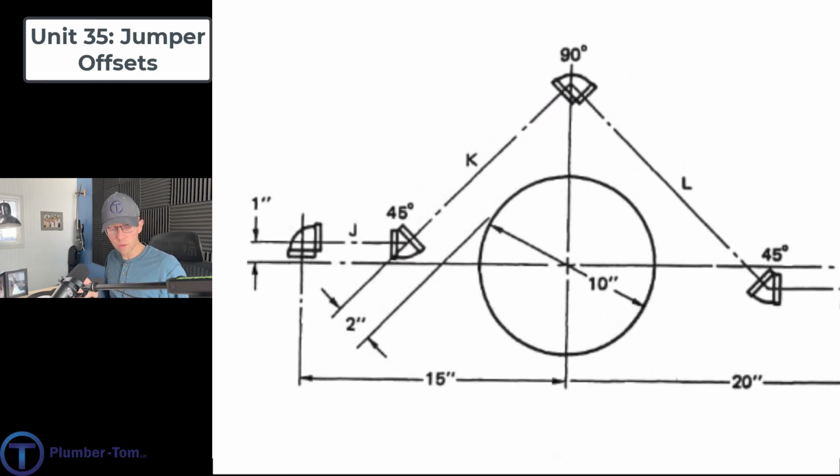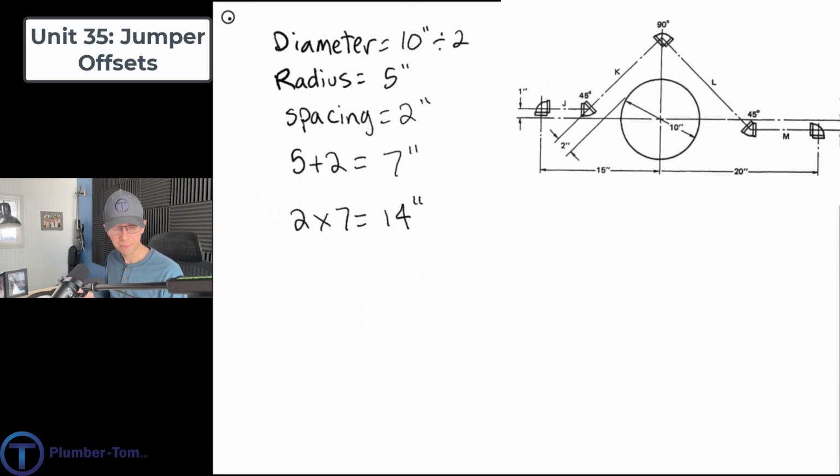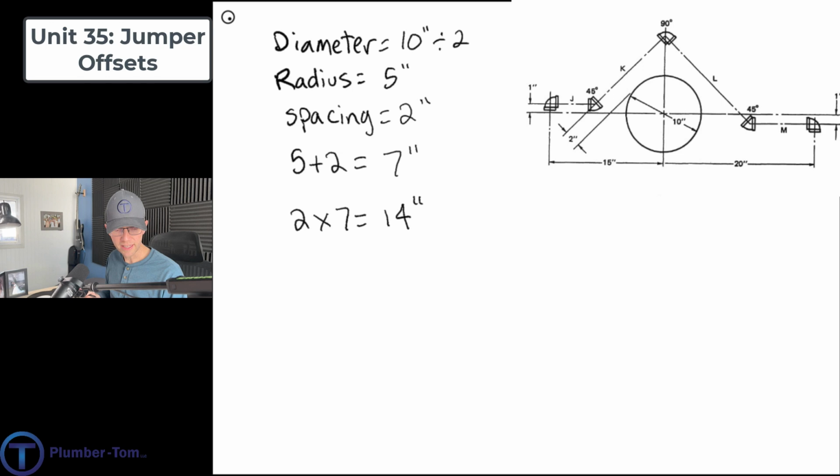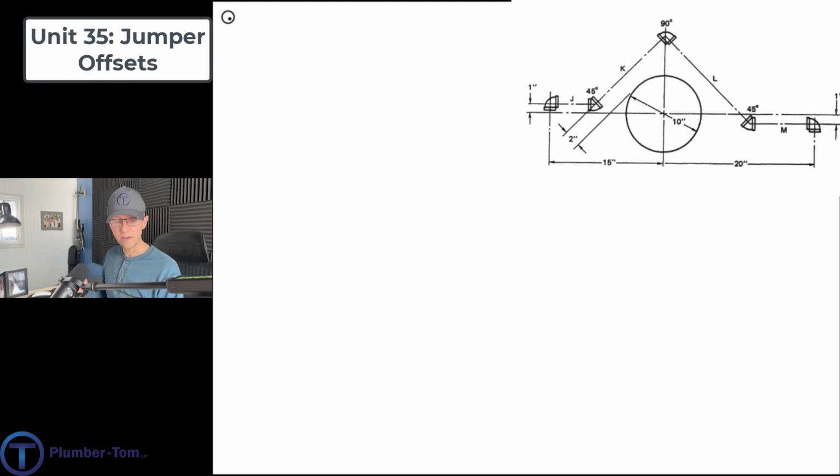But we can't just hold on to that and say, well, like we found K. Because note, the K is actually shorter by just a little bit, and L is actually longer by that same amount. Each one of those is a 1-inch offset from center line. So, how do we find that? Take a look here. If we zoom in,